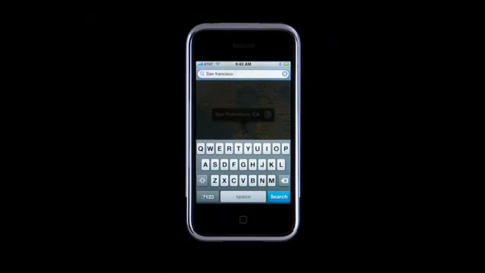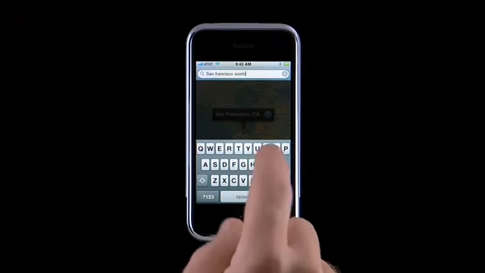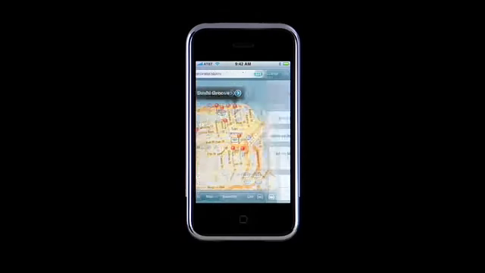Now let me show you how easy it is to find a restaurant, make a reservation, and navigate the freeways with the iPhone. I'm going to look for a sushi restaurant in San Francisco. So I tap in the search field, type what I'm looking for, and then tap Search. Looks like I have quite a few options, and you can see the name of each by tapping on the pin. Tap the blue arrow to see all the details for the restaurant, including